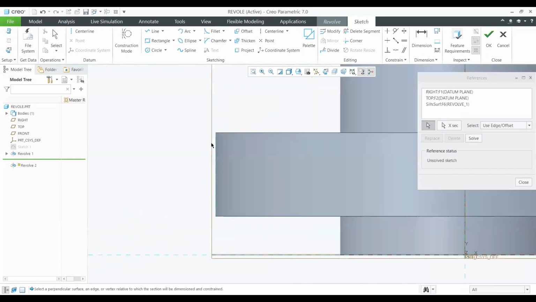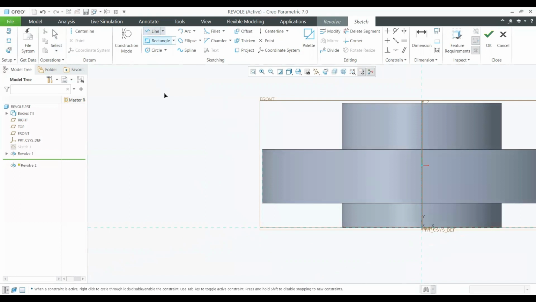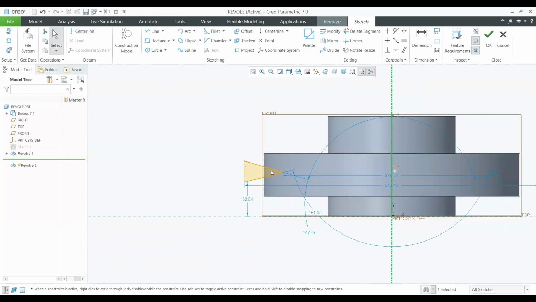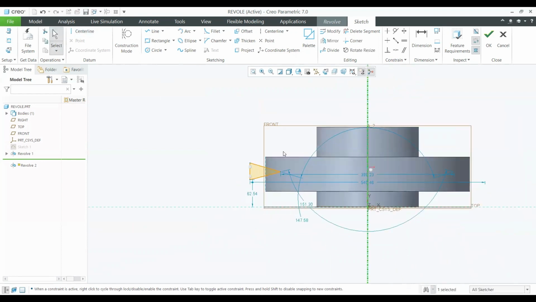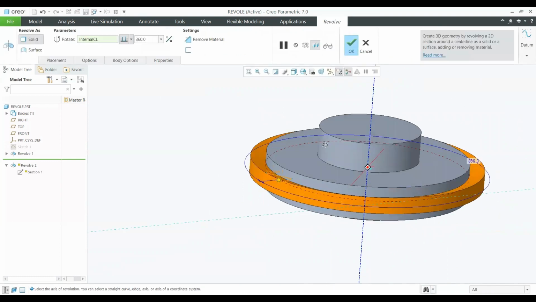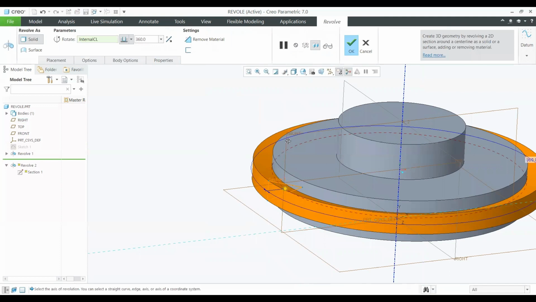I'm just taking the reference of this line, select close, then I just created one sketch like that. This is my cutting tool. Again, we need to create a center line, because without this center line, it won't be revolved. So if you select OK,